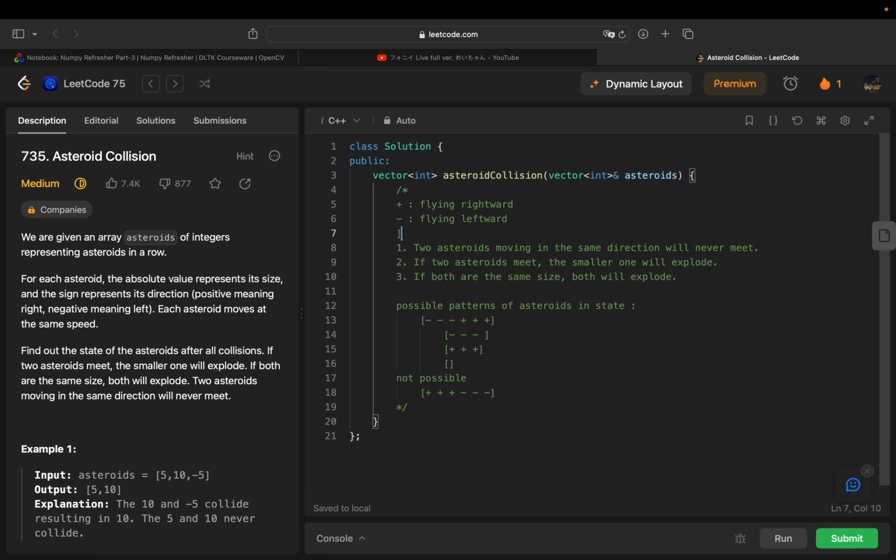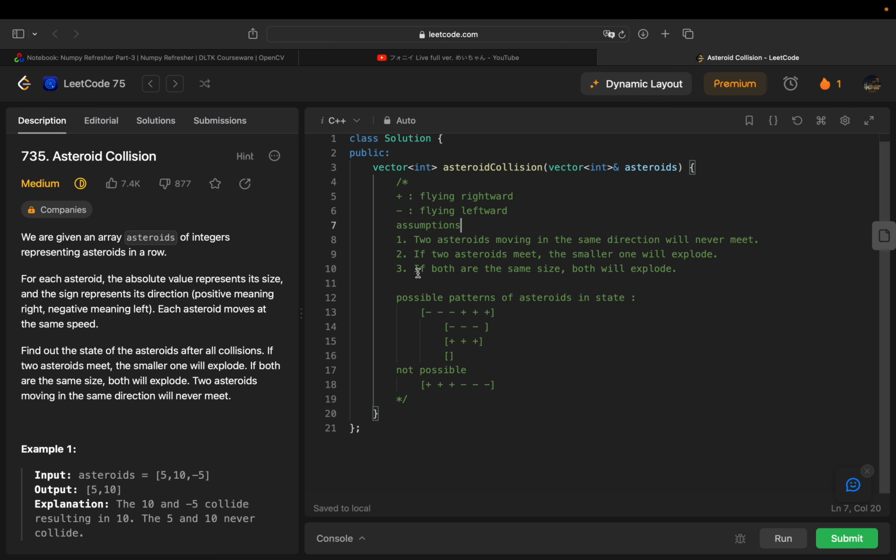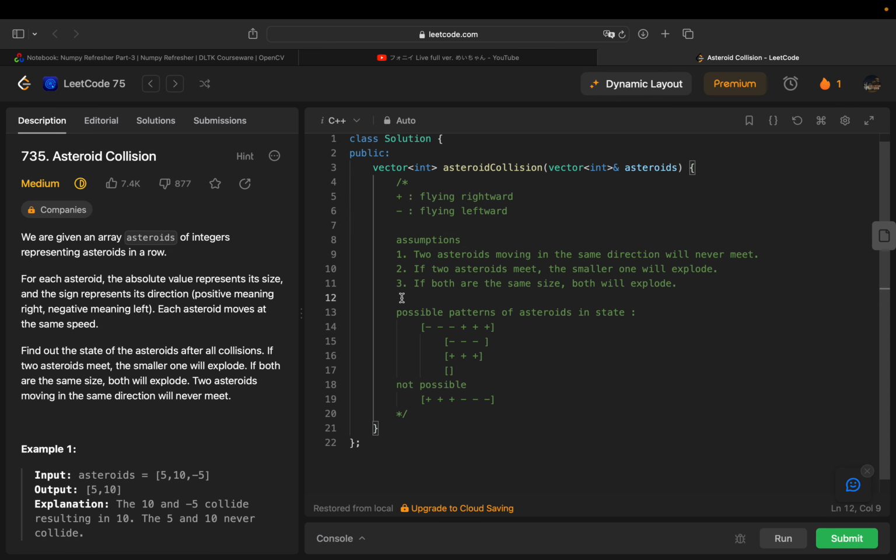There are three assumptions here. The first one is that two asteroids moving in the same direction will never meet. The second one is that if two asteroids meet, the smaller one will explode. The third one is that if both are the same size, both will explode. By these three assumptions, the final pattern of asteroids